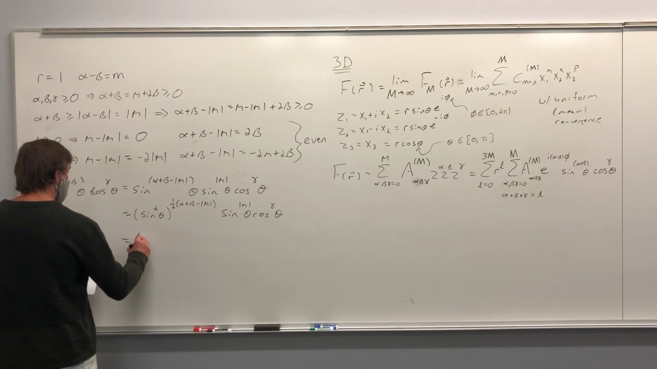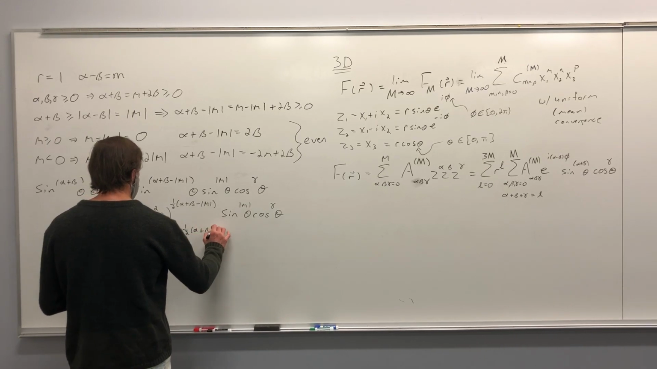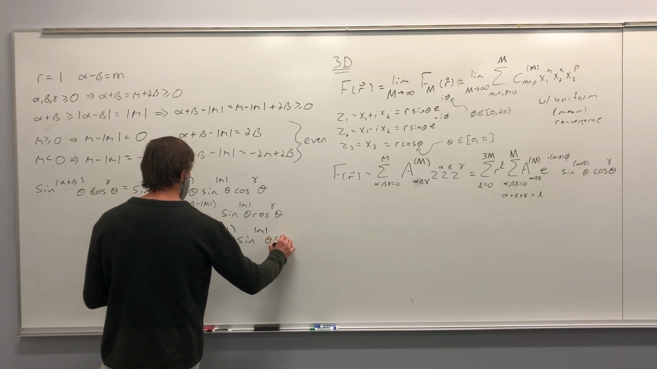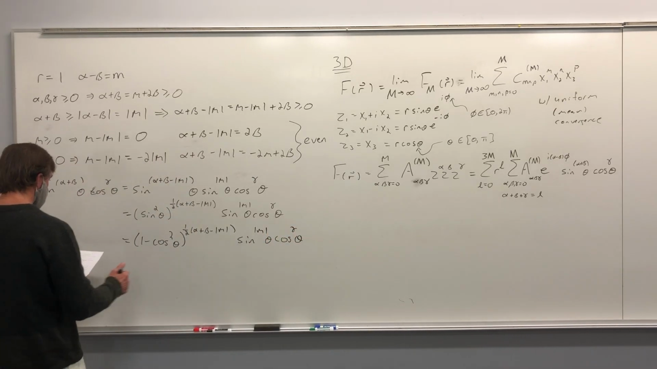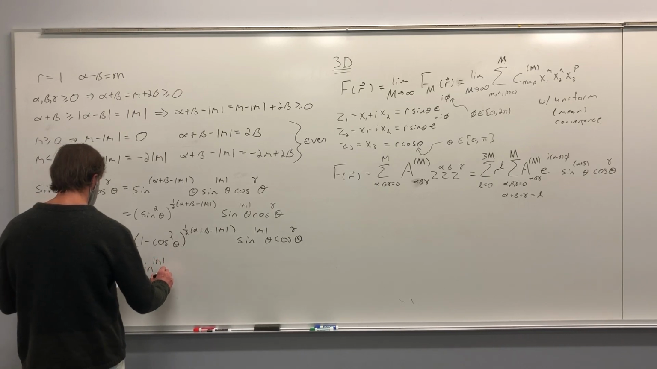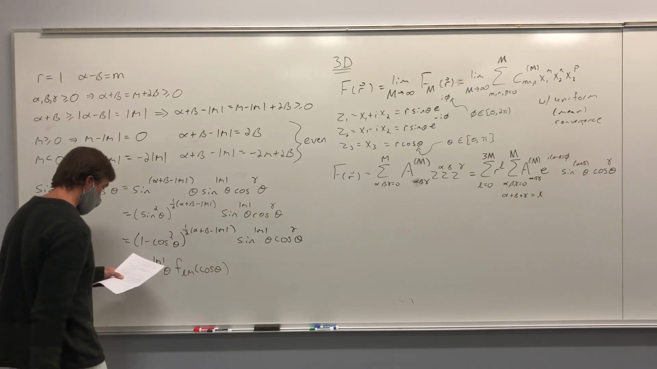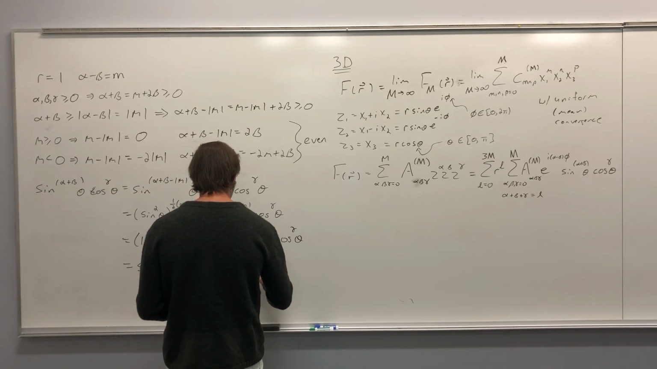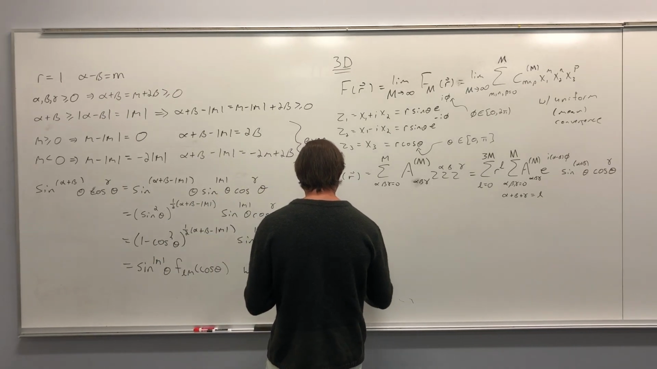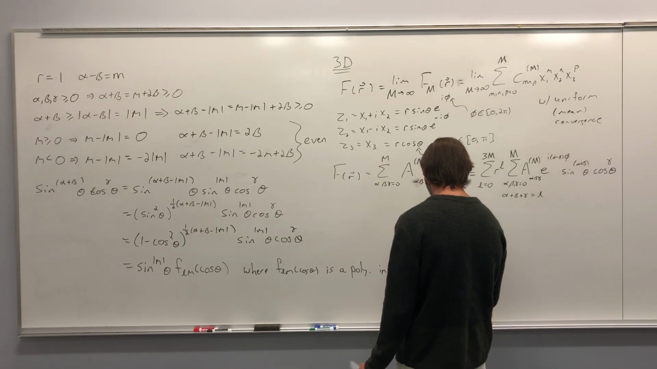Well, we can take this and we can rewrite it. It's (1 minus cosine squared theta) to the 1/2 alpha plus beta minus m, sine of m theta, cosine gamma theta, which we will call sine of m theta times F_LM of cosine theta, where F_LM of cosine theta is a polynomial in cosine theta of degree